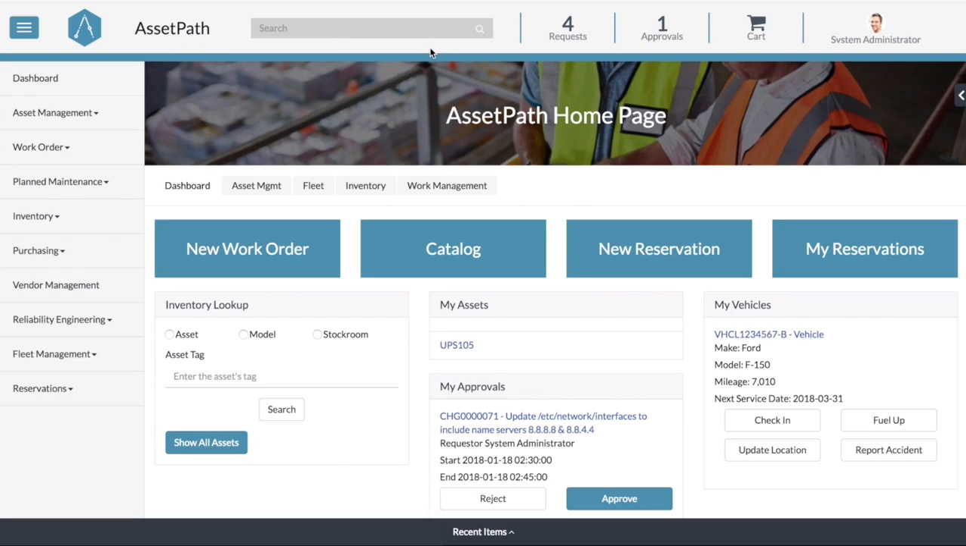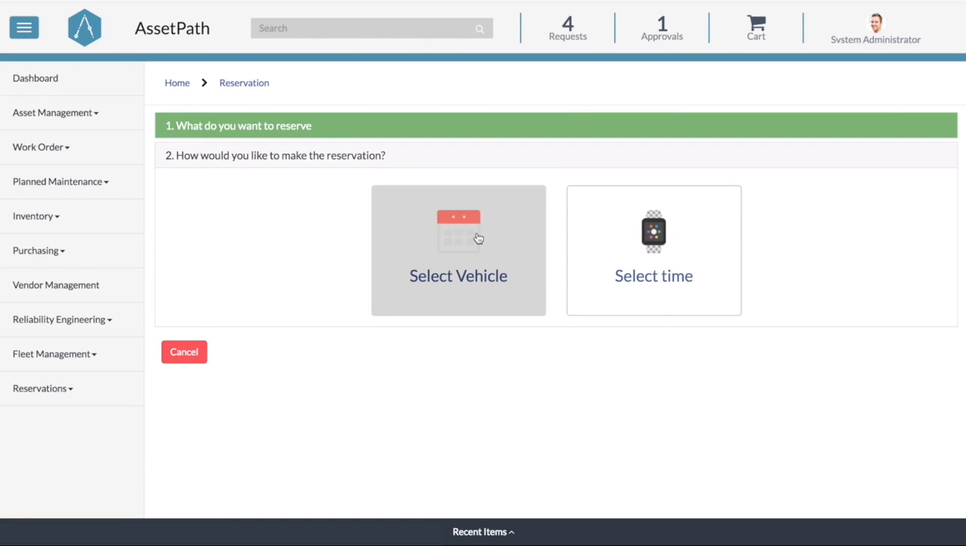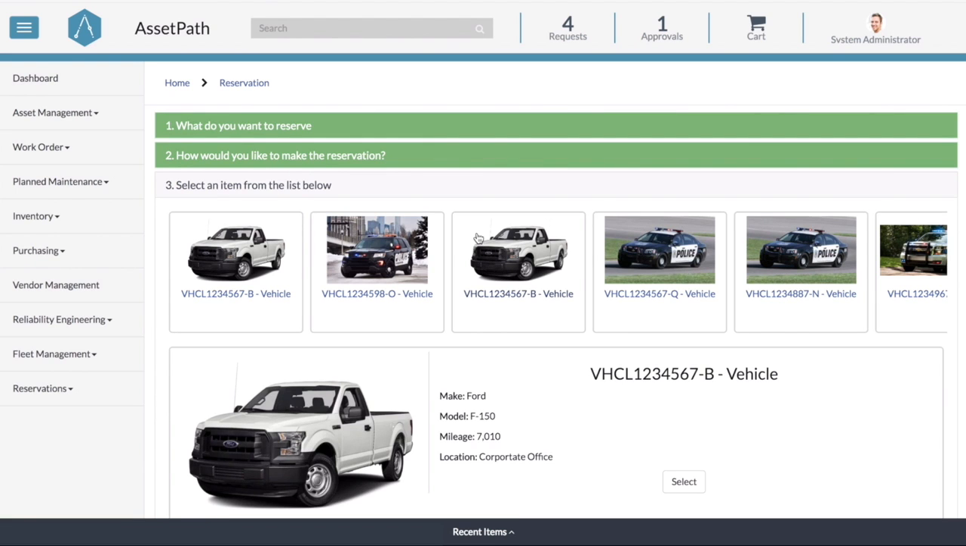Stave's AssetPath allows you to manage the vehicles within your business through their fleet management system. Within AssetPath, your users are given a very easy-to-use dashboard, allowing them to access the vehicles that they have checked out or make reservations. It's as simple as making a new reservation, selecting what they would like to reserve, in this case a vehicle from our fleet, selecting a vehicle that's available in our fleet inventory,